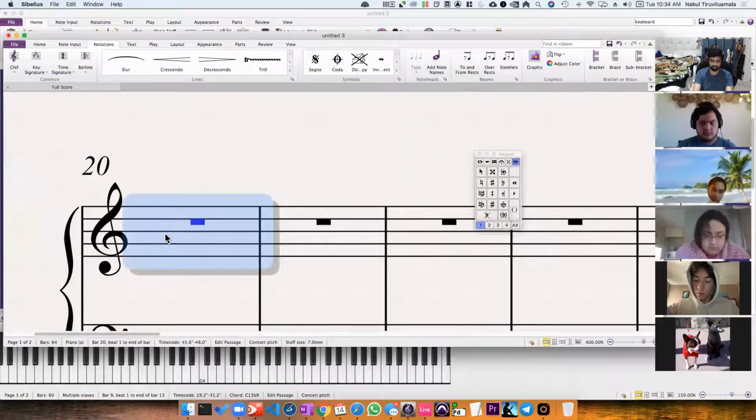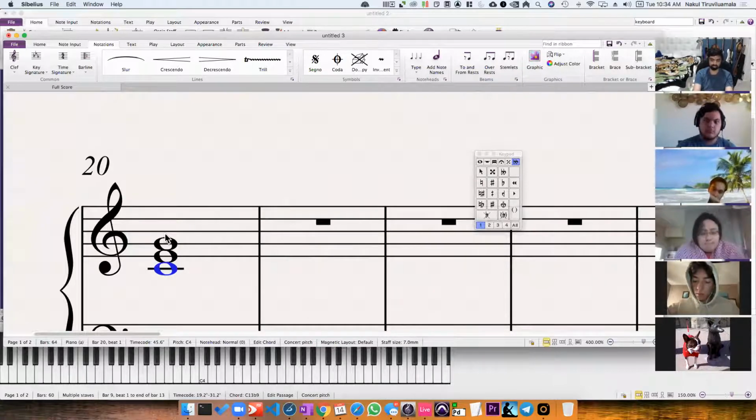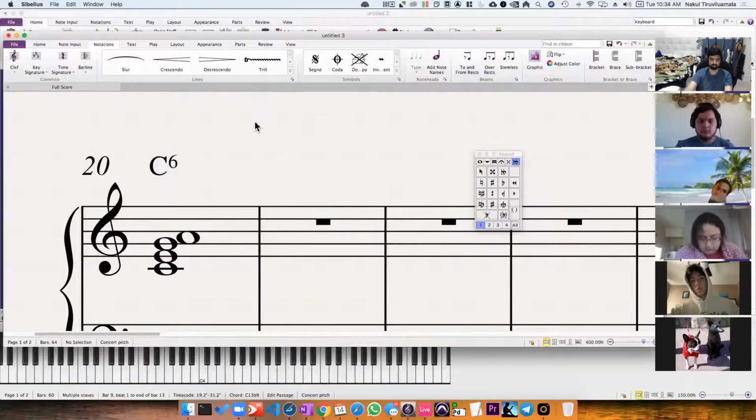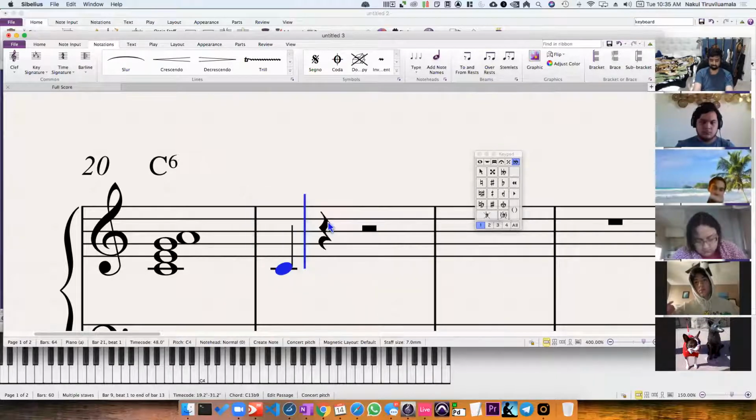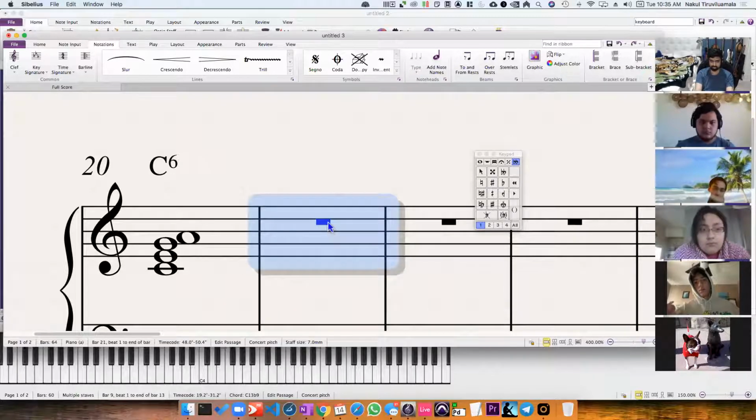So for instance, if I have a C major triad right here, and I add a sixth to it, all of a sudden this particular chord is now a C major 6 chord. Okay? This is not a C first inversion. That's a distinction that I want you to be aware of. This is not a C first inversion. But if I have this, okay, if I have this,